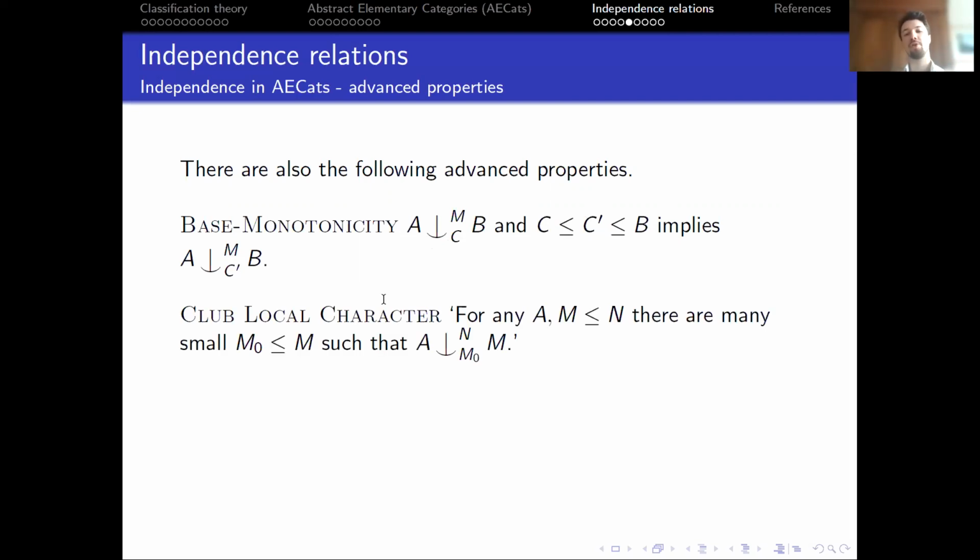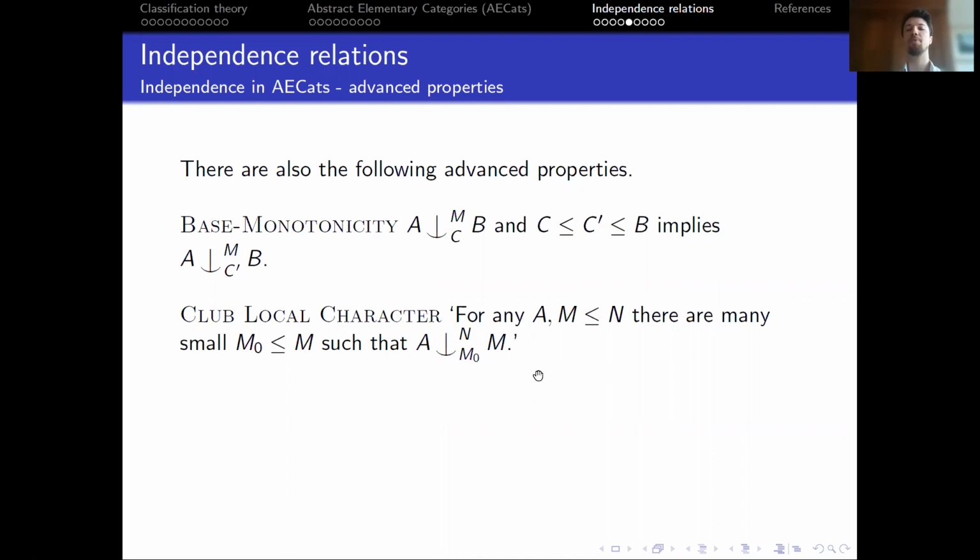There's club local character, for which I will not give a precise definition because it's a bit technical. But the idea is that for any A and any model M, which are subobjects of N, there are many small, so many and small are very imprecise here, but there are many small M0 submodels of M, such that A is independent from M over M0. This may seem a bit like a weird kind of thing to require,